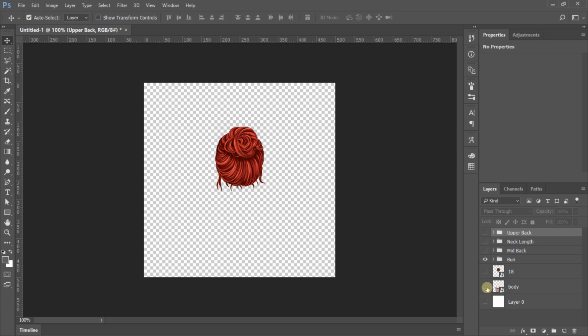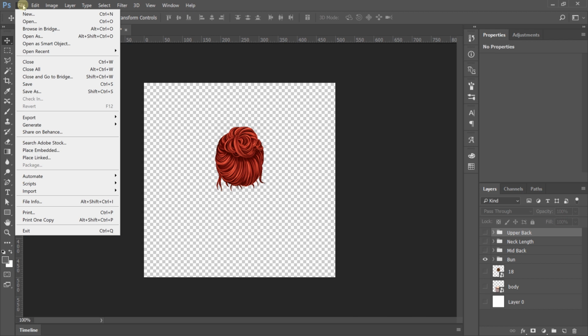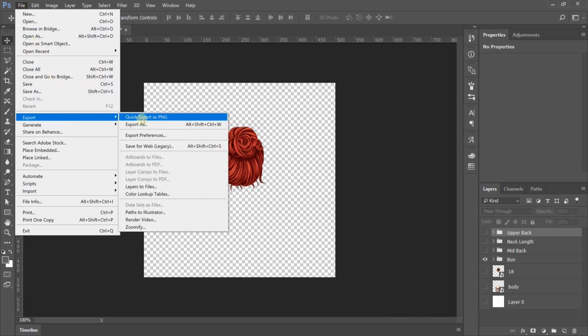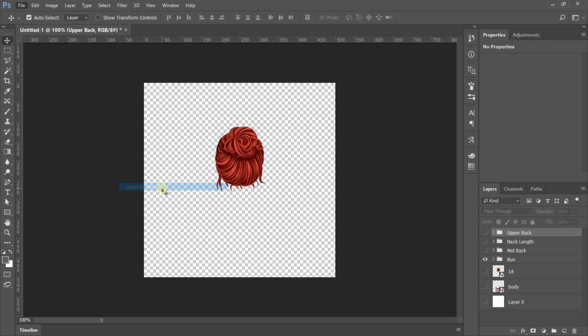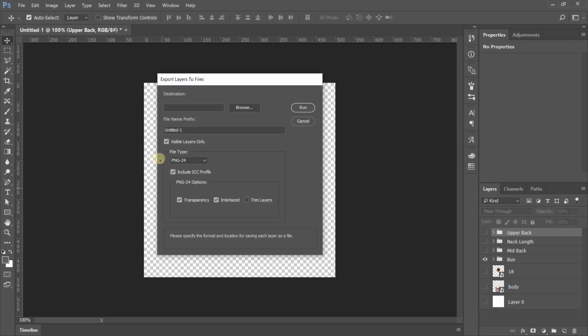Normally, people use the Save As or Export As feature, but these features only export all layers as one file. To generate the correct size of these clip arts, in Photoshop, we need to use this feature, Layers to Files, to export each visible layer in the correct size, and as separate files.